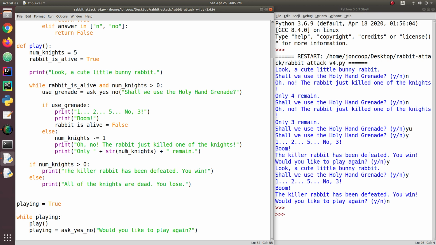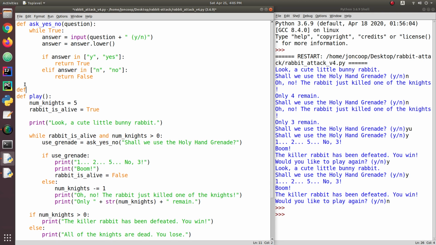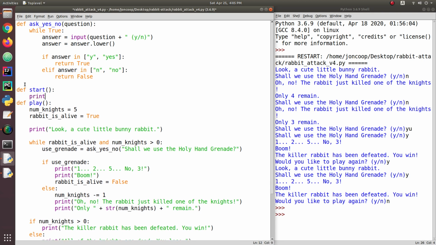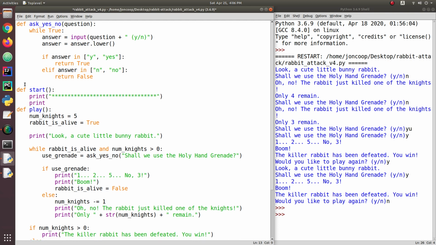So now I'm going to do one more thing here, and let's think about general design patterns that exist for pretty much any game you'd ever play. So I could have another function, a start function. And let's say I'm just going to make a nice little title screen for our game, and my game is called